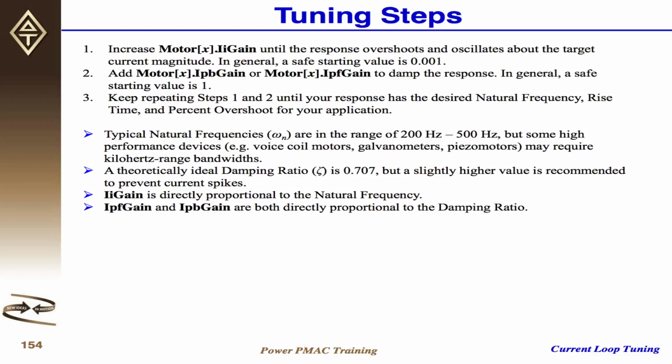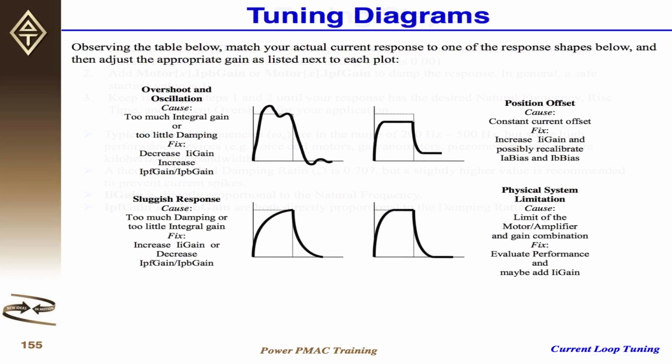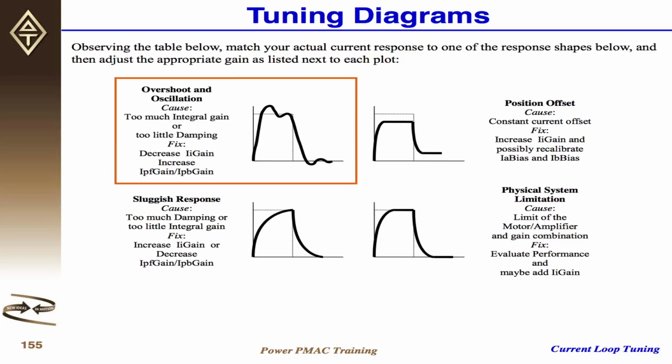And something to note is that if you write out the closed loop equations, the integral gain is directly proportional to your natural frequency, and your proportional gain is directly proportional to the damping ratio. So the tuning diagrams are the same as the servo loop. You want to overshoot and oscillate around the target,